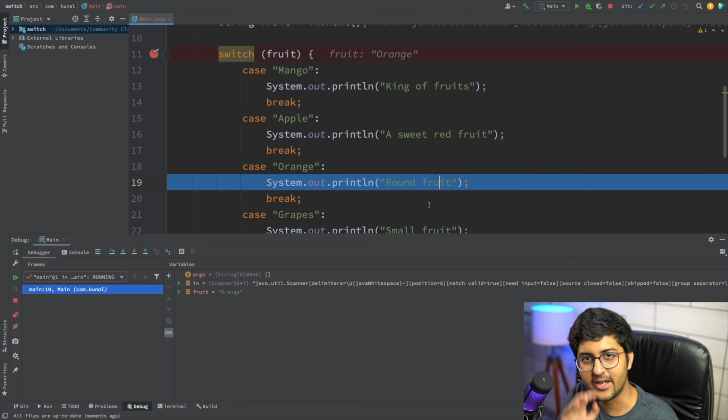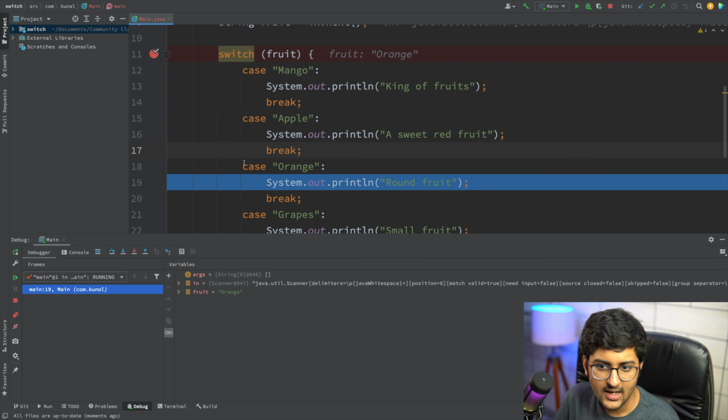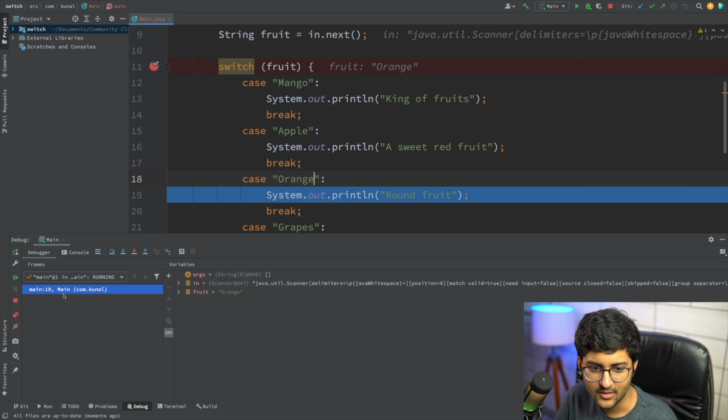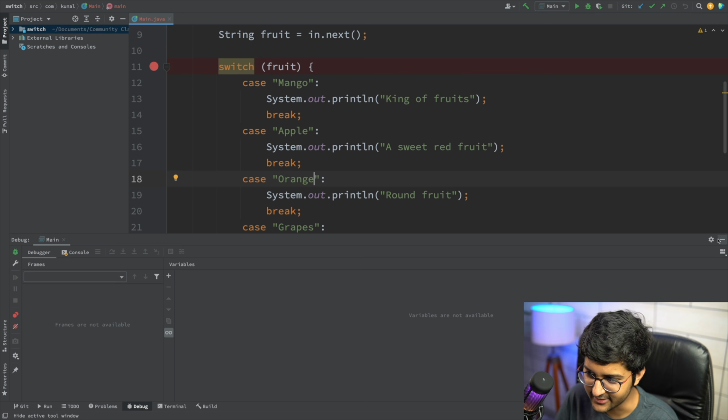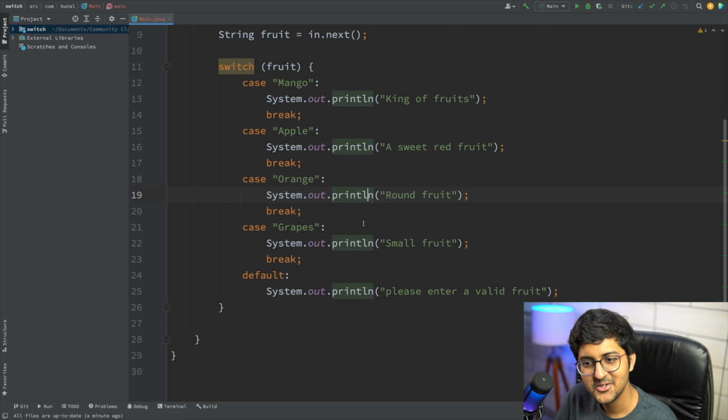It didn't happen like the if condition. What was happening in that? If fruit is mango, print this. Otherwise, if fruit is apple, print this. Otherwise, this. Here it's jumping onto this one because it automatically knows that this is the case. Okay, it's also looking very neat. Well, it's going to be looking much more neater, if that's a word, shortly.